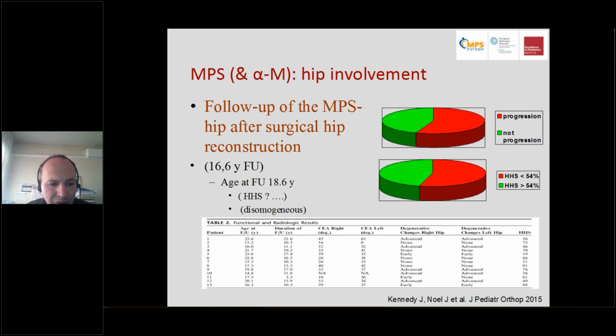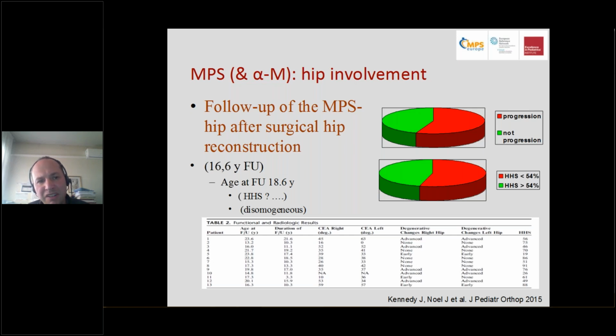We have, by the way, only one report of follow-up of MPS 1, and that reported there is a progression after the surgical restoration. There is a progression of the compromission of the joint line, and the patient experienced severe pain. We can discuss a lot because the case series is not homogeneous, because they use the Harris hip score, that is a score that we use mostly to quantify arthritis.